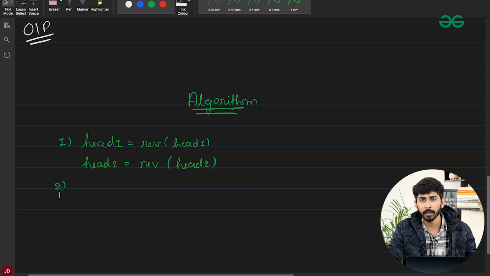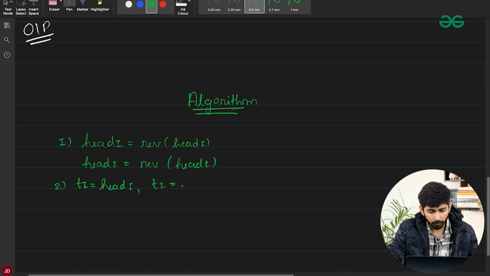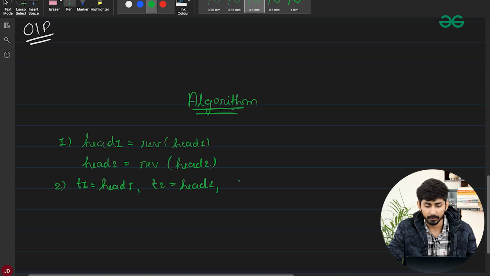The next step is to take the temporary nodes. So let's say T1 is currently pointing to head 1, and T2 will be pointing to head 2. And now what else do I need? I need a dummy node in order to store the answer, right? So let's say I have a dummy node,